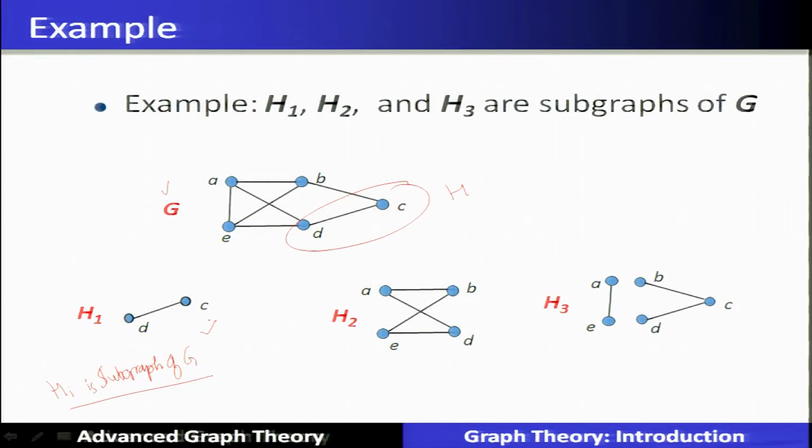H2 is also a subgraph of G. H2 is a graph and it is also a subgraph of G. Now, we can see A, B and E, D. So, the edges which are present, this one is not present. So, all the edges which are present in H2